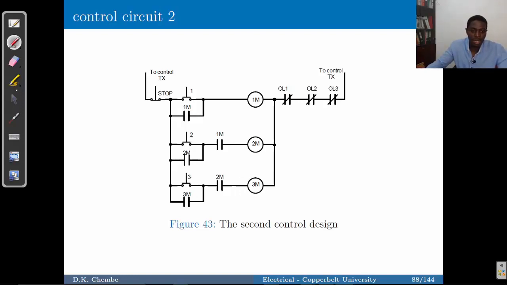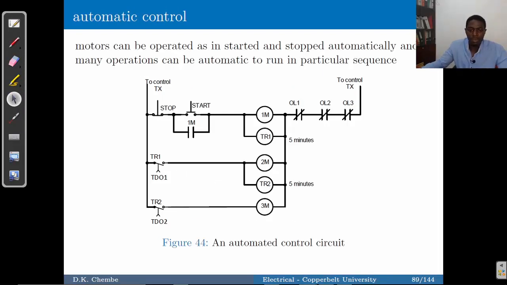Okay, so these are the 2 design methods that you can use. Now, we can also have what we call an automated control process, where we just push the push button once, and thereafter it continues to engage the other motors using the timers, like we have seen here. We've got timer 1 and timer 2. So what will happen in this circuit is that once this push button is pushed, current will flow through to contactor